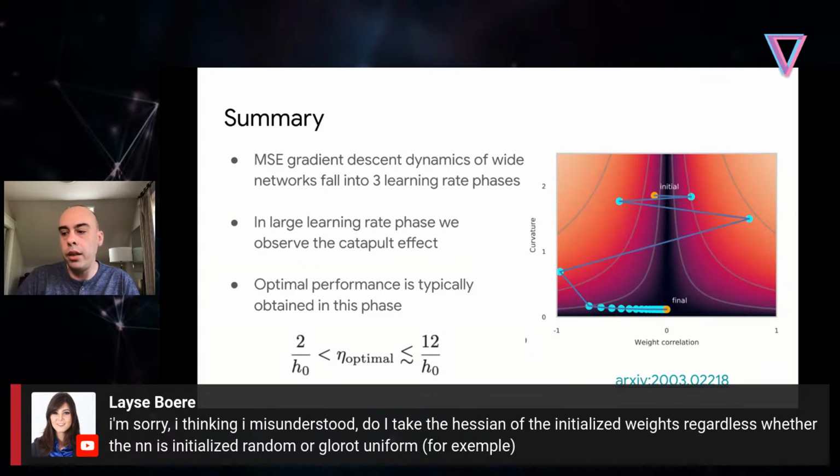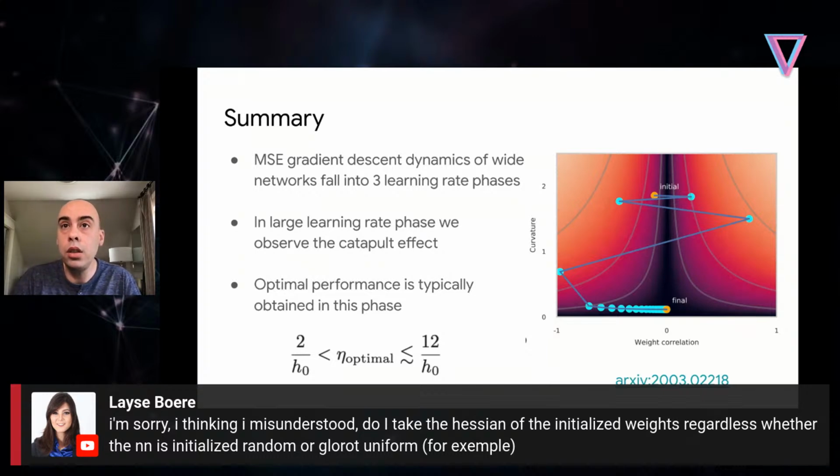Yes, because in many of the wide network works, we take expectation values over all the possible initializations, and then it does matter how we initialize just to do that calculation, and typically it helps to have Gaussian initialization. But in this work, we don't take any averages. We don't take expectation values over initialization. So that's why the initialization method doesn't matter in this case.